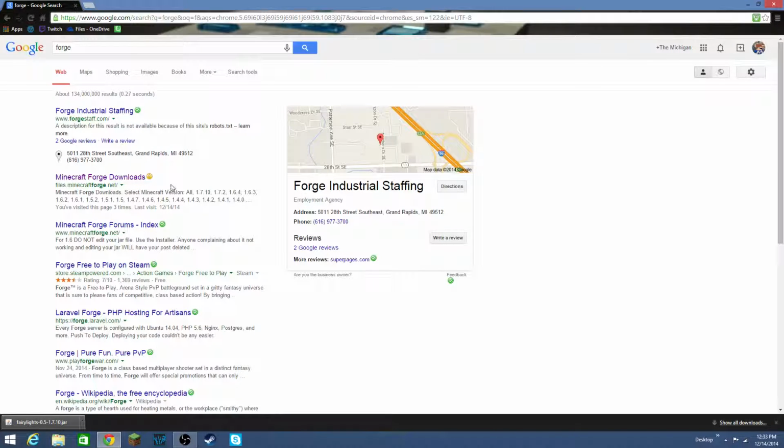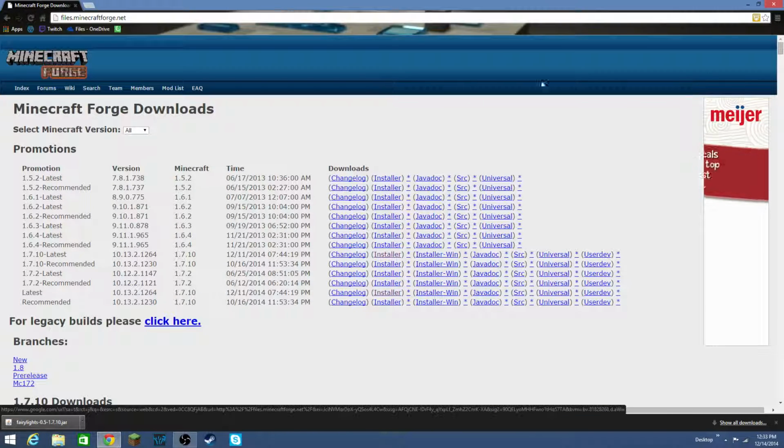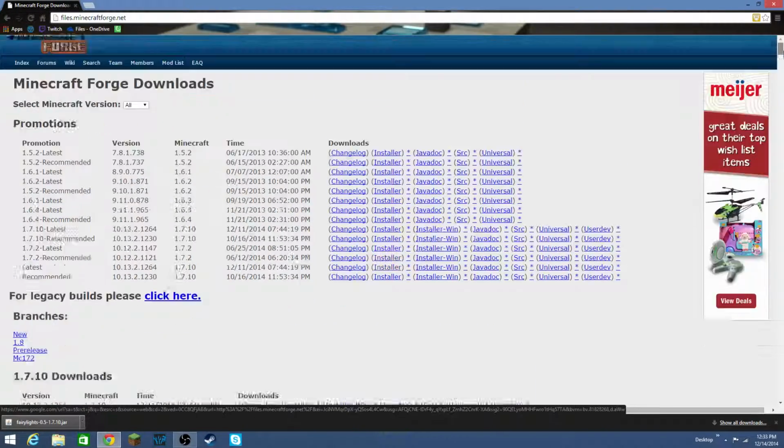All I had to do was search Forge on here, and Minecraft Forge is the first thing, well, the second thing that comes up. So it should take you to this page. So this is the page that you're looking for, Minecraft Forge, and it's ugly, but it works. So now,